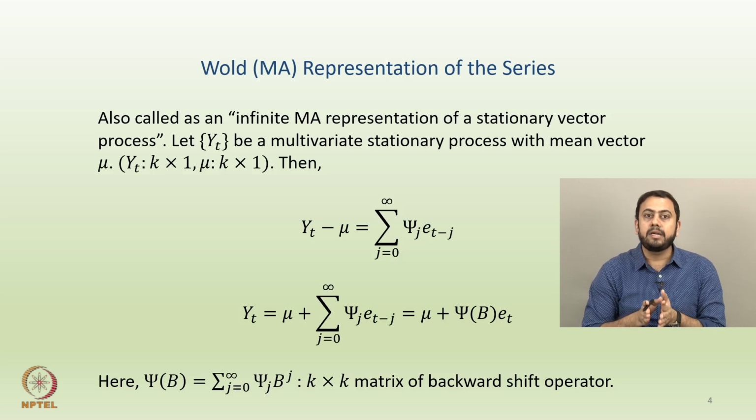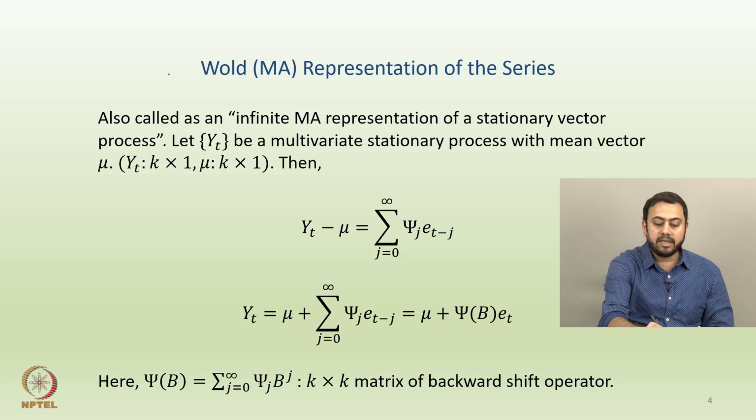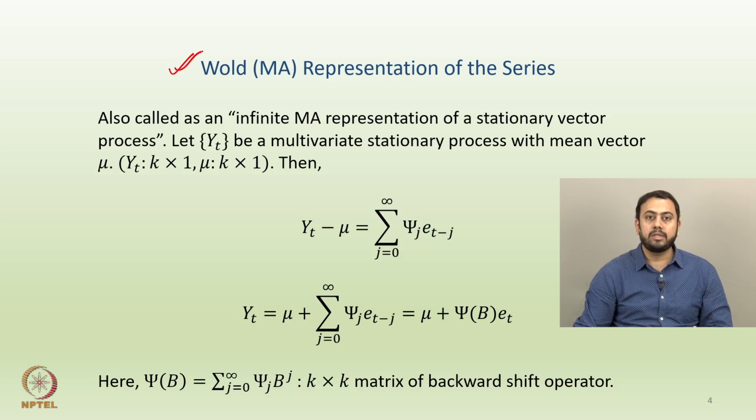Now that we have some understanding of what you mean by a multivariate time series structure and so on, now is the correct time to put forward some multivariate time series processes. The first representation is given by Wold, and hence the name Wold or MA representation of the series. Here again it will be a good idea to go back to the MA session from the univariate structure, and understand how an MA process looks.